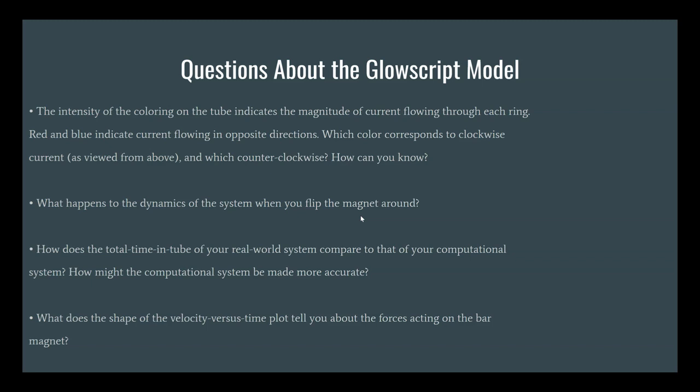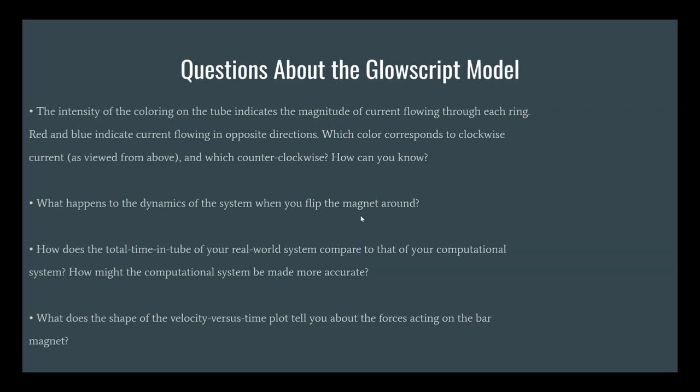How does the total time in tube of a real world system compare to that of a computational system? How might the computational system be more accurate? Well, although the results are relatively similar, the error can be accounted for by the fact that we don't account for air resistance in the computation model, and there's also the potential human error on my side when I was evaluating the measurements of the aluminum tube as well as the bar magnet. So accounting for these, or possibly increasing the number of rings that represent the aluminum tube in the computation model,